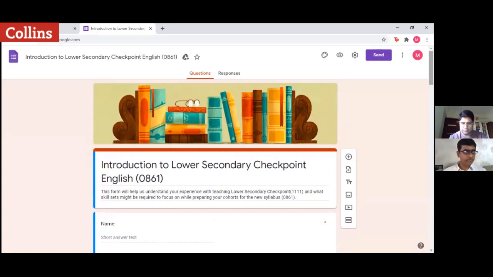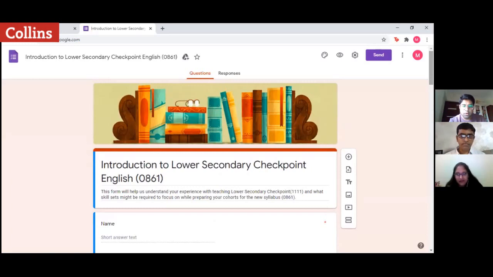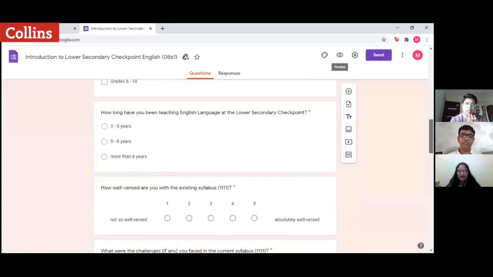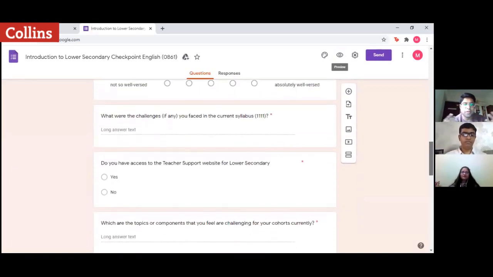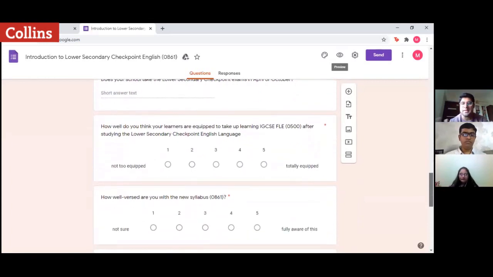Okay, and there's one last question for Abhinandan. How important is it to follow all the suggested units given by CLS in each stage? Oh, it is absolutely important, because if you do not follow all the components, then there might be some kind of loopholes that might be experienced by the learners. That's exactly why the best part of using Collins resources is they are curated in such a manner that throughout the year, even if you have 3 terms, it's very easy for you to create your lesson plans and work your way through that. So it's very wonderfully curated. I mean, thanks to Team Collins for that.